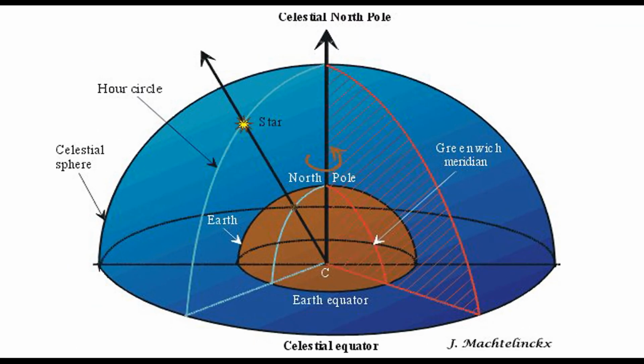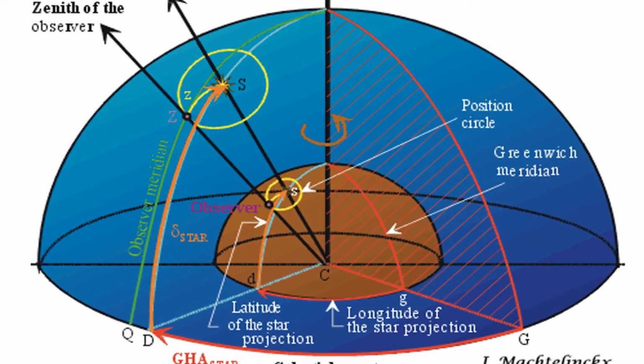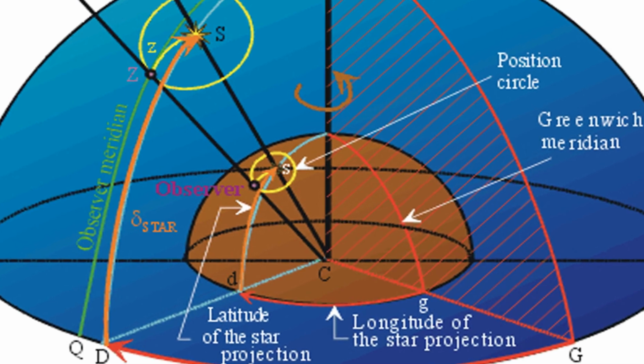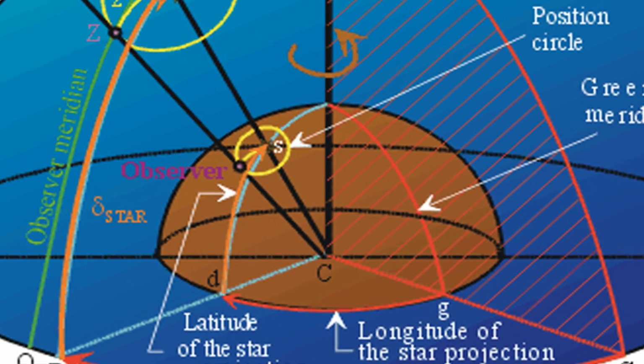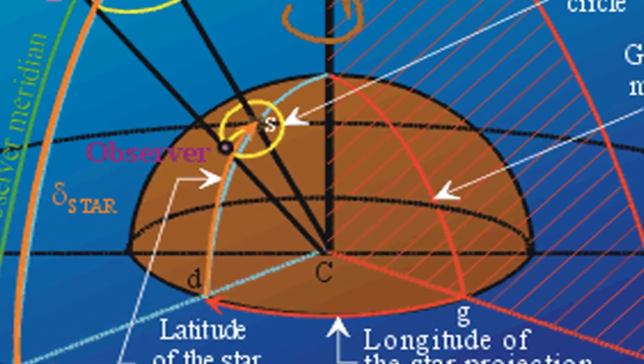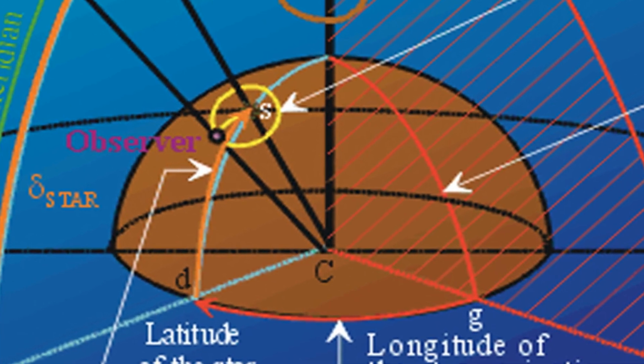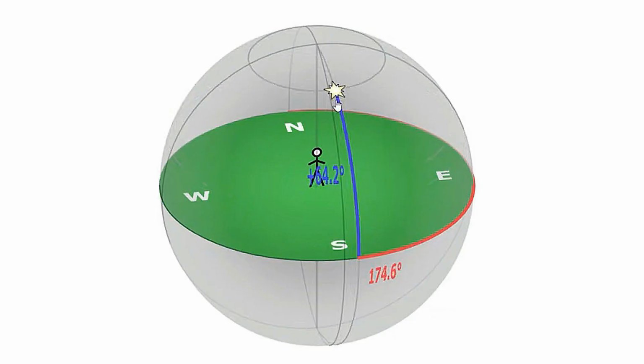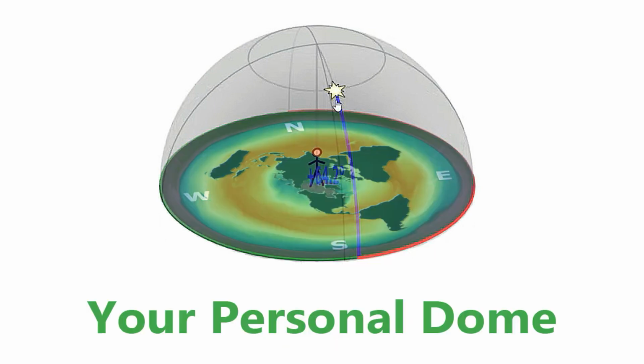And yes, they too consider a personal dome. Professor Phoney, not Professor Dave, laughed at the idea of a personal dome. But this is considered in celestial navigation because this is the reality of our flat plane. We don't see it infinitely. You have to consider only the area where you can observe the sky.